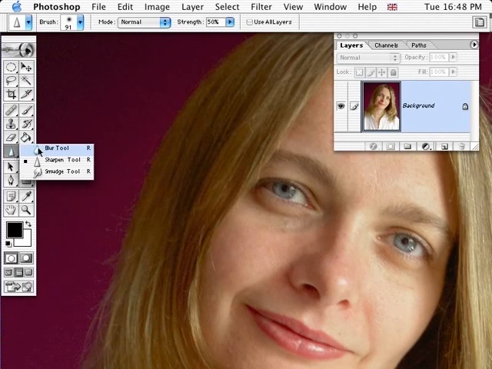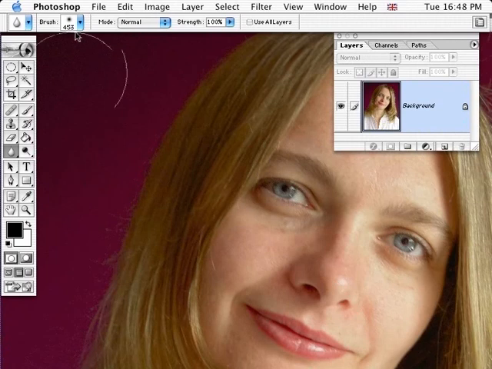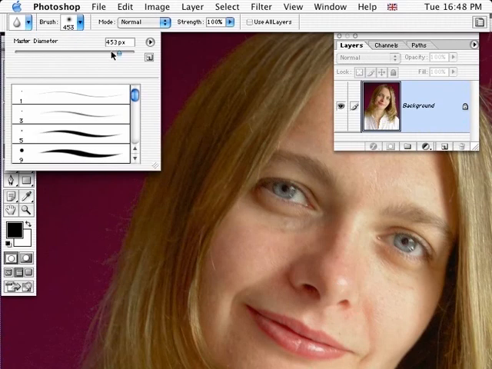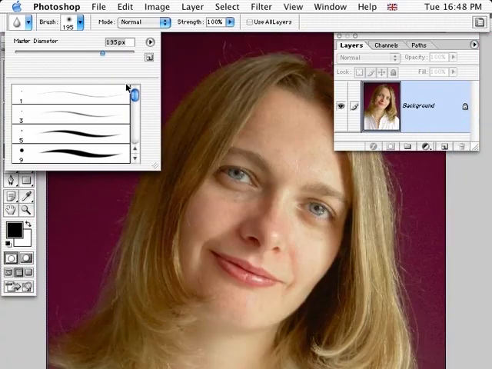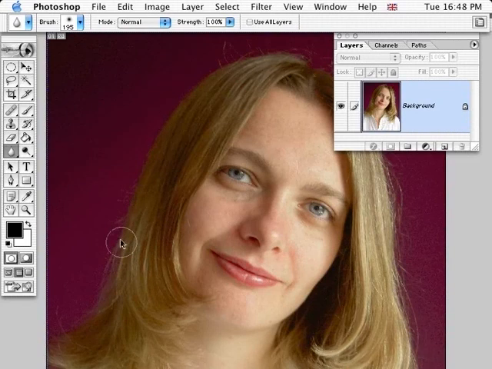The blur tool does exactly the opposite. So we choose a nice large brush for that, and you could always apply the blur tool if you had a background. Let's just go around the edge of her hair here. Let's just try and draw attention to her eyes by blurring the other elements in the shot, like the hair,